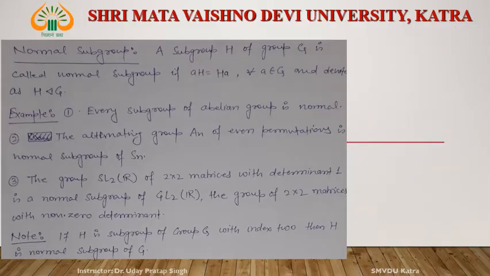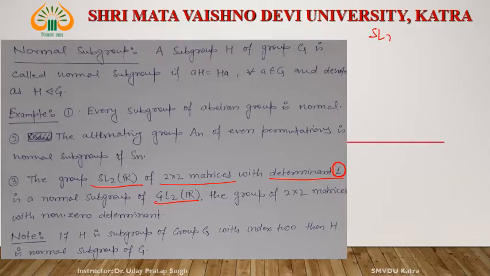SL2R, right? What is SL2R? 2 cross 2 matrices whose entries are real and determinant is 1. Remember that determinant is 1. And what is GL2R? All 2 cross 2 matrices whose entries are real and determinant is not 0. Not necessarily 1, but determinant is non-zero. Then this SL2R is a subgroup of